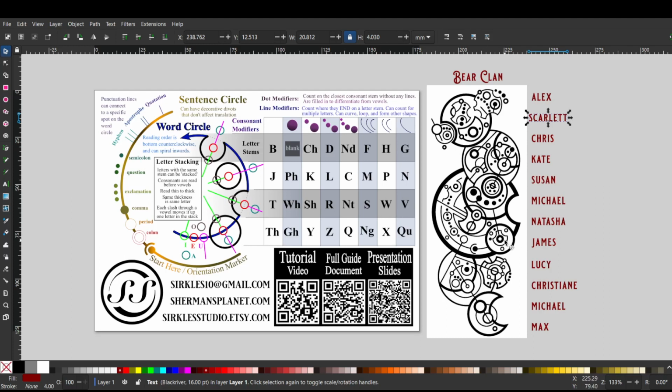So we would read this consonant before this vowel, even though this vowel is at the bottom more than this consonant. So this is an N because it has a completed circle inside our word circle with one line modifier. So one line ends on this completed circle, and it is inside our word circle. So that would be an N. So N, and then we have an A outside our word circle. So vowels that are outside the word circle are always an A. So NA, then we have this shallow divot with no dots and no lines, that would be a T,